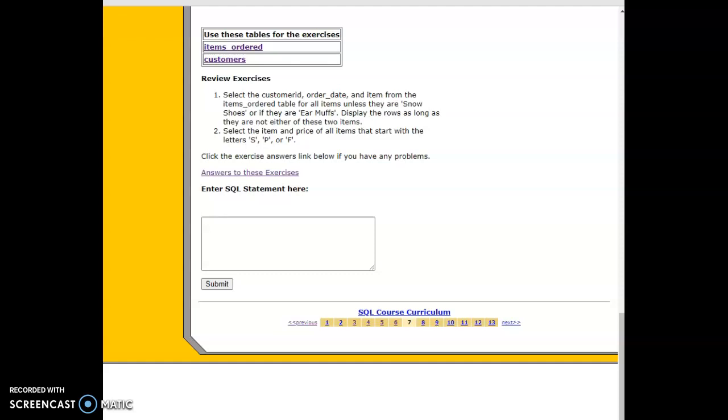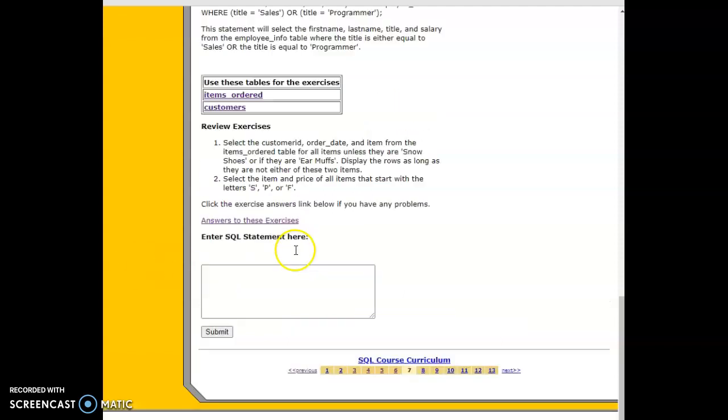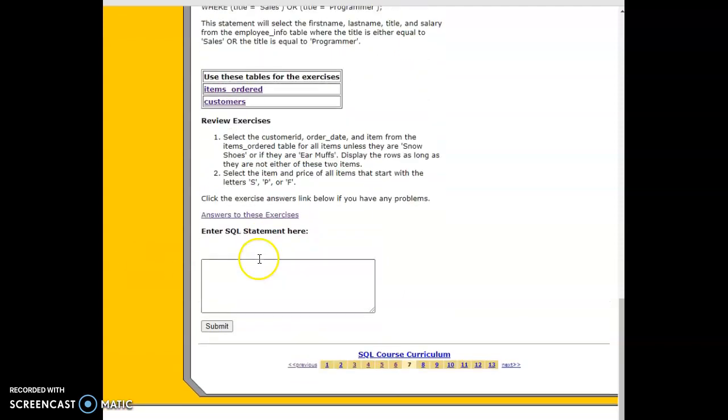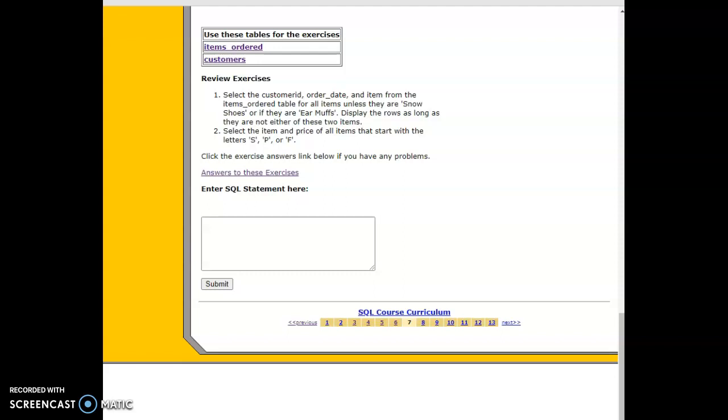Alright, so to start off week 4 with the SQL demo, we had to use this website here. The first question was to order the table for all items unless they are snowshoes or earmuffs. That is the program like this, where you select the ID, the order date, the item for each row or